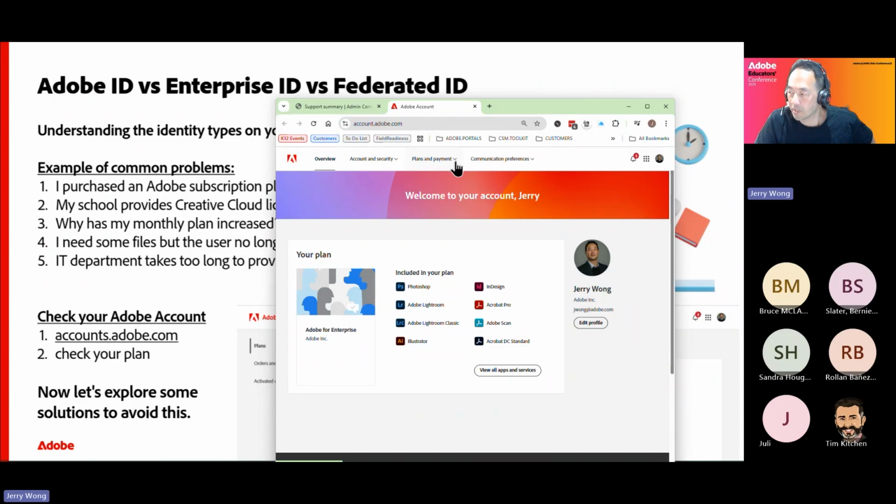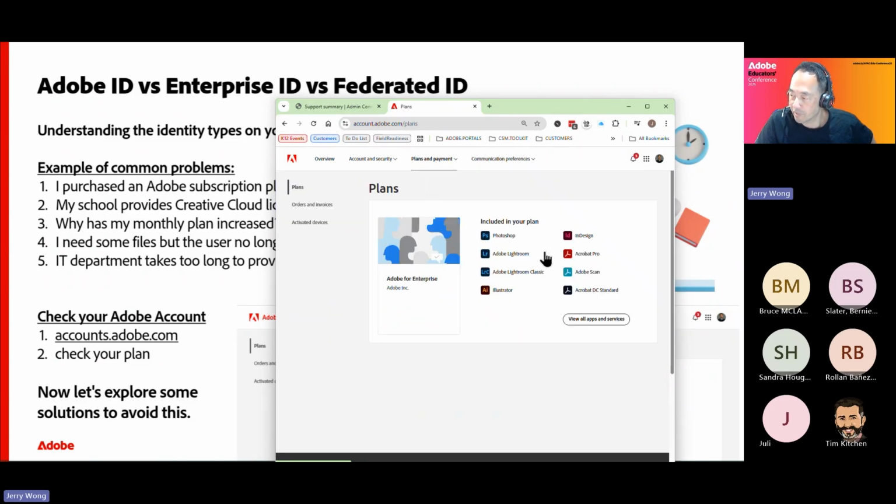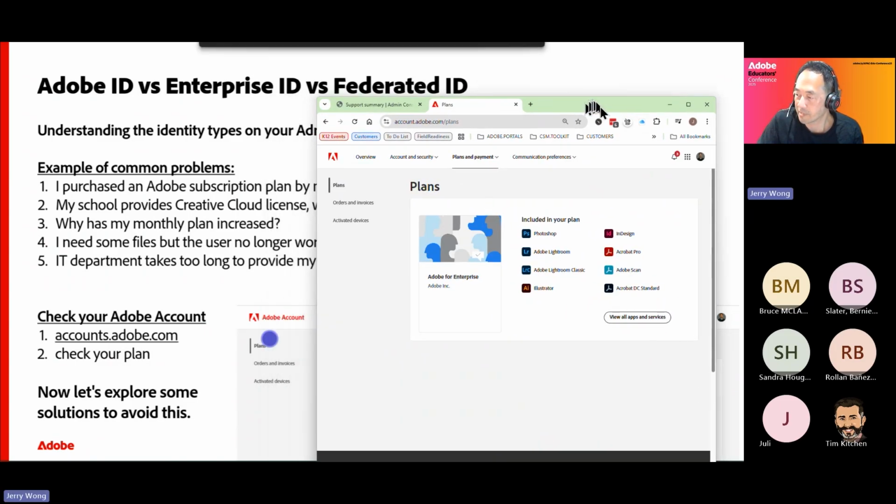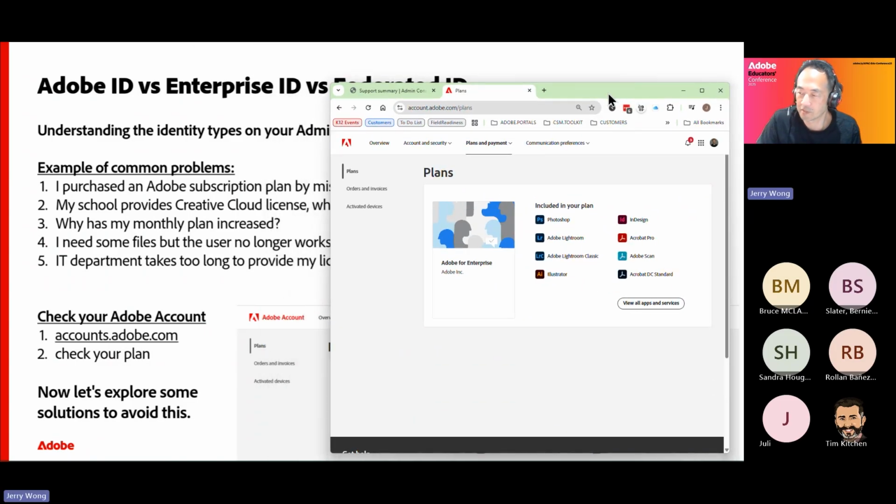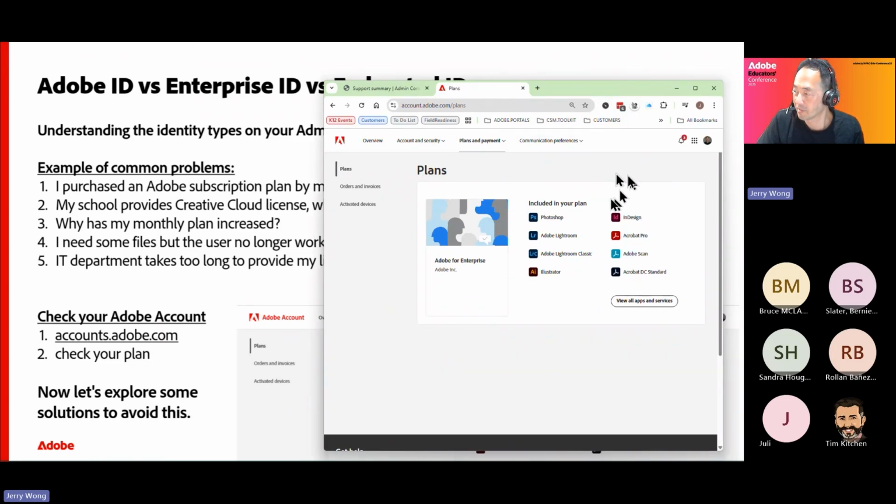So by doing that quickly, if I just go into plans, have a look there, it will tell me if I'm using the proper enterprise licenses here or I'm using my own personal account. This is something that we find for organizations that are managing thousands of students, etc. This can become a very, very confusing and time-consuming thing to sort out.